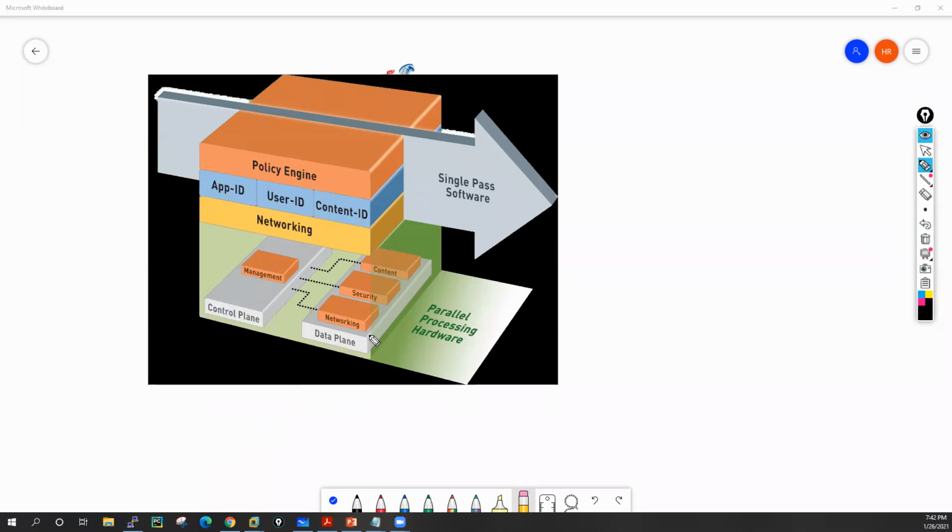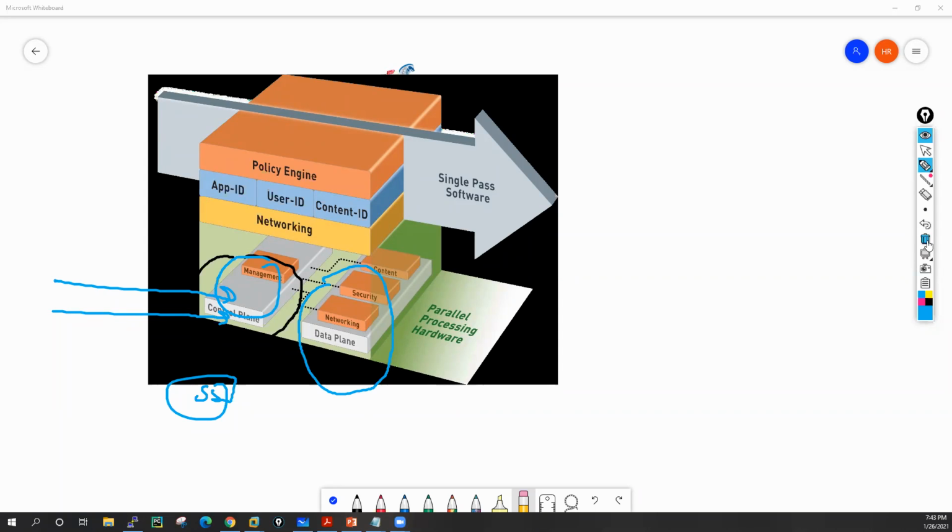Another benefit is, let's suppose there is an issue with a control plane process. Let's suppose your commit is not happening; you are having some issue with the configuration part. At that time you can restart your management plane. You don't need to restart the entire device or the entire system. Just restart the management plane, that's it. If your data plane is not functioning well, restart the data plane. You don't need to restart the management plane. That is also one more benefit.